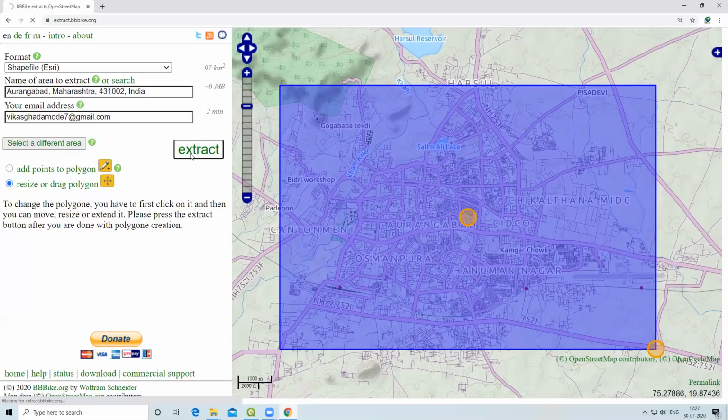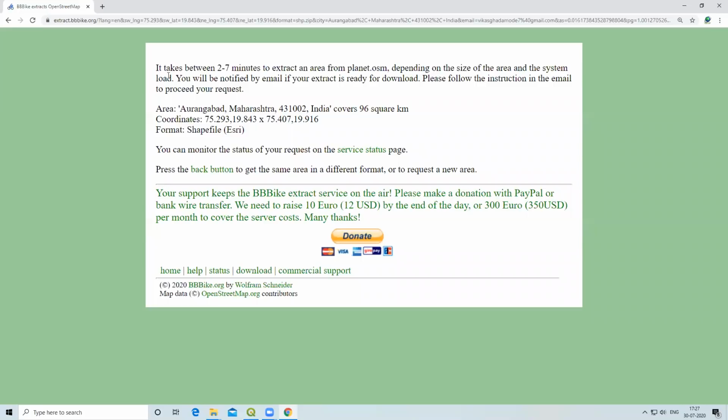After clicking on extract, it will give us a message. It takes between 2 to 7 minutes to extract an area from planet.osm depending on the size of the area and the system load. You will be notified by email if your extract is ready for download.